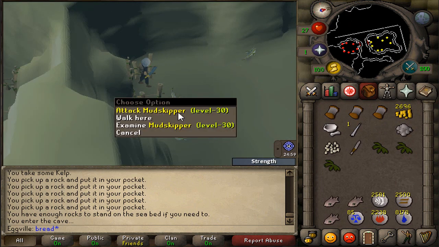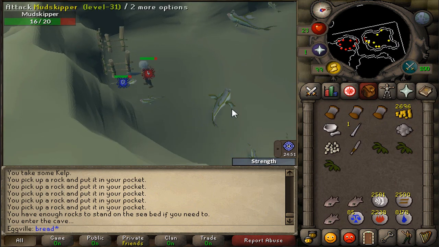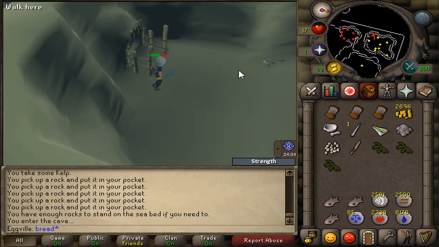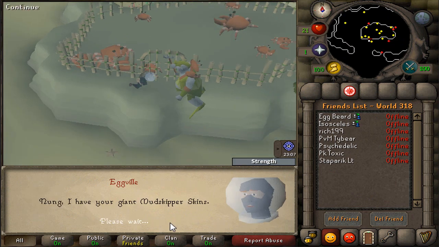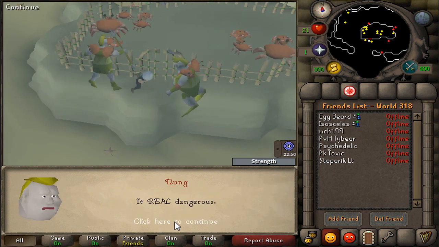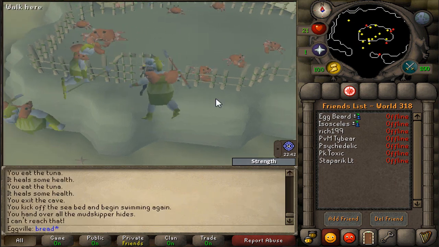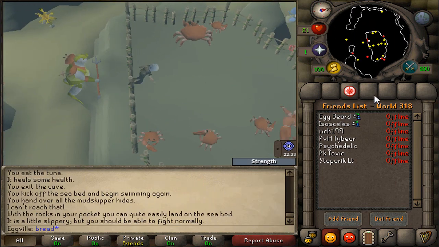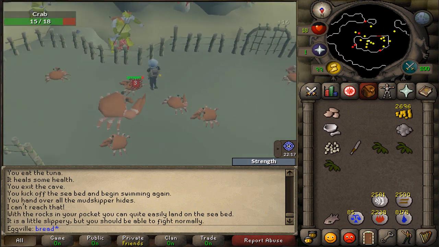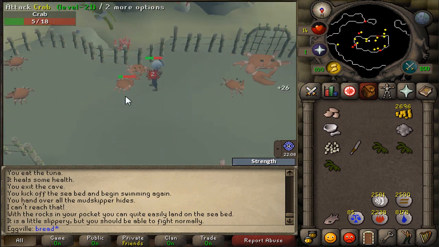So get into the mud skipper pen and kill 5 mud skippers and get 5 hides. Please bear in mind that you'll have to tank these mud skippers, so make sure you have the combat stats in order to do so. From there, head straight back to Nung and give him the mud skipper hides you've just collected and the 3 bronze wire that you should have in your inventory, and he should finally let you in the cage, in which case just collect 3 crab meat just in order to be safe,